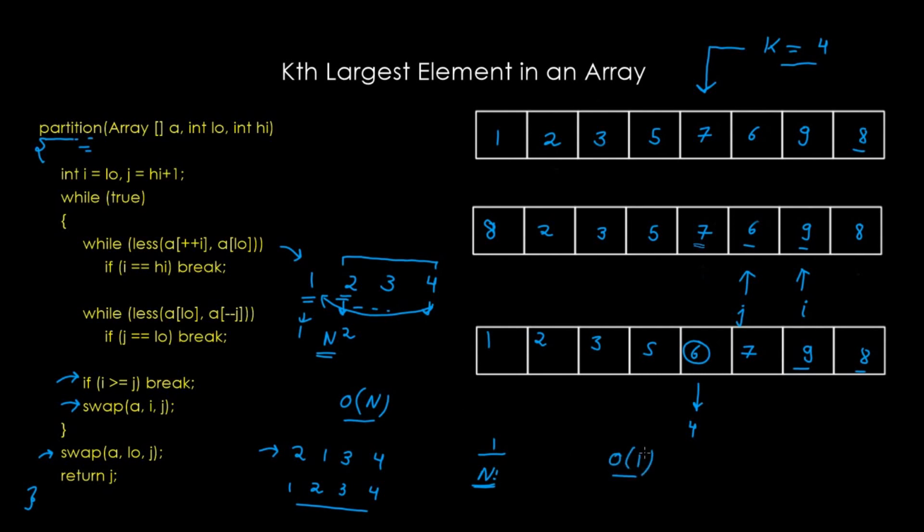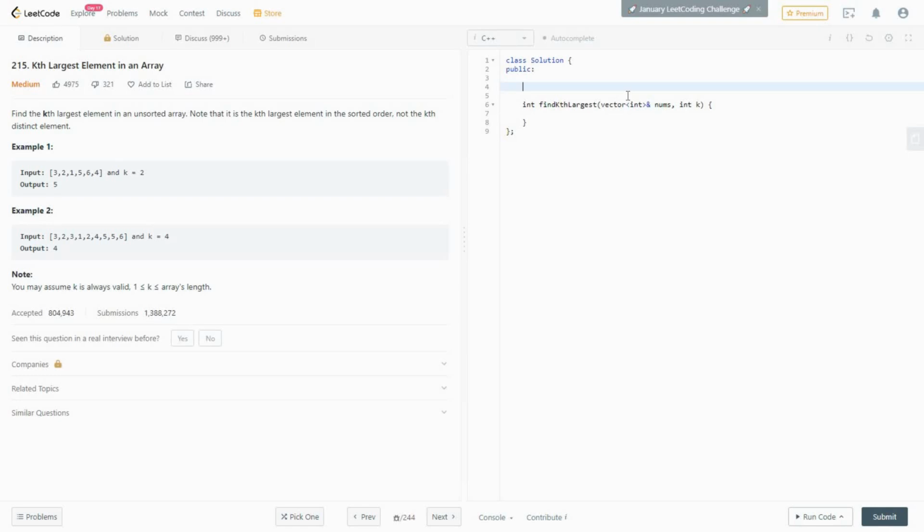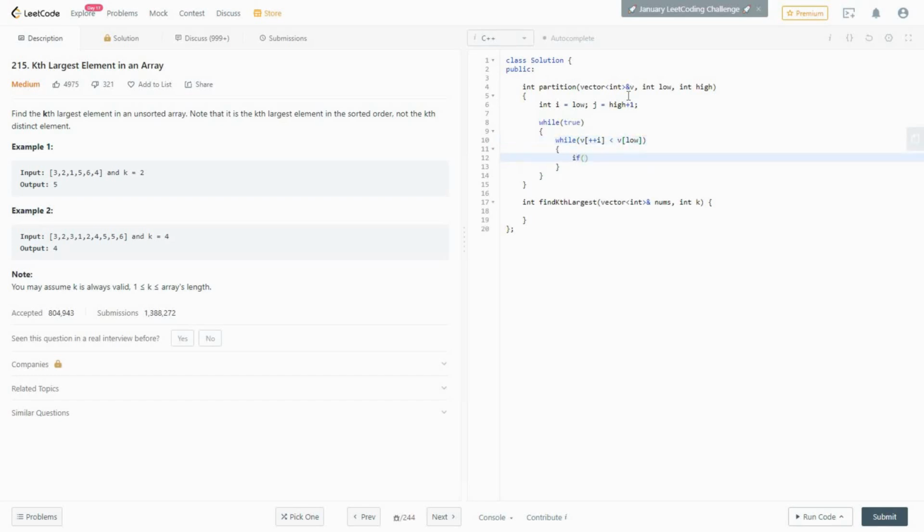So now let us see the solution to this problem. I'll leave the shuffling part to you, and I'll start by writing the partition function. Now I have two variables i and j, and I need to loop over the elements. While v of i is less than our pivot element, which is v of low, I do nothing, but if i becomes equal to high, then I need to break this loop.